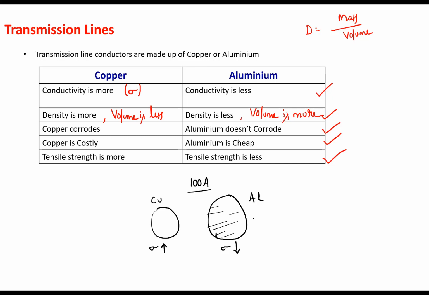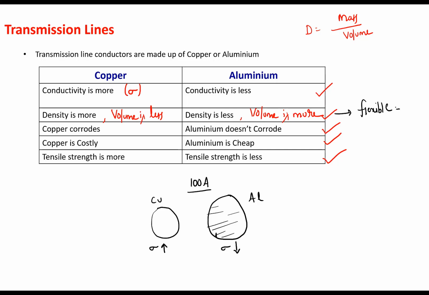Now when compared to the density, when you purchase 1 kilo of copper and 1 kilo of aluminum, where you will get more volume of material? You will get more volume of material in aluminum because aluminum is a lighter material, copper is a heavy material. So being a lighter material, what are the advantages you're going to get? It is less dense, so it can be easily drawn into strands. It is having more flexibility when compared to the hard material like copper. So when you have more flexibility, the conductor can bend. So this advantage is that it is flexible.